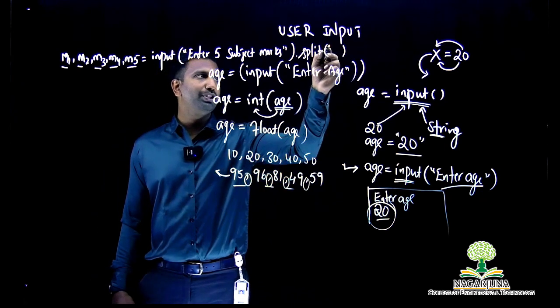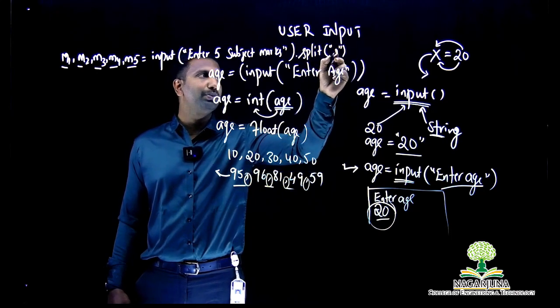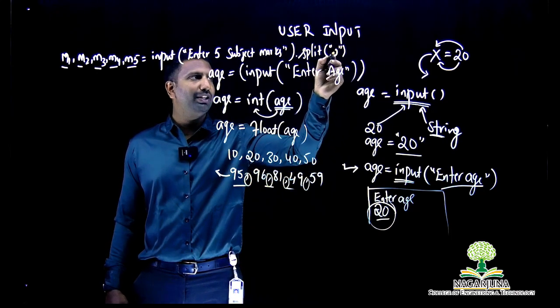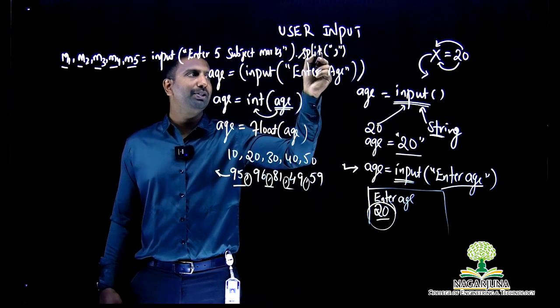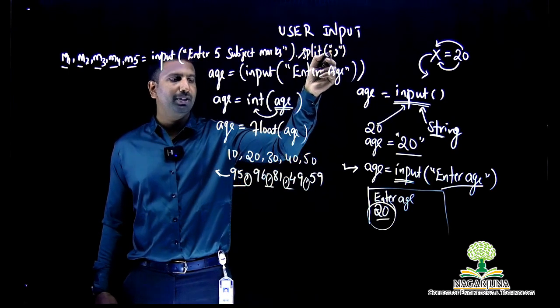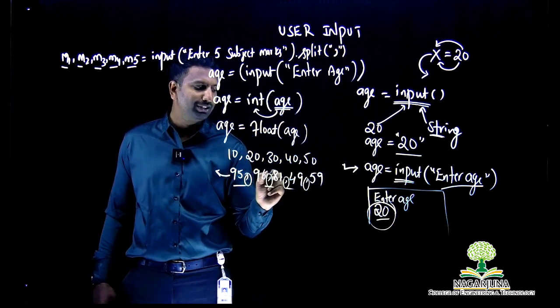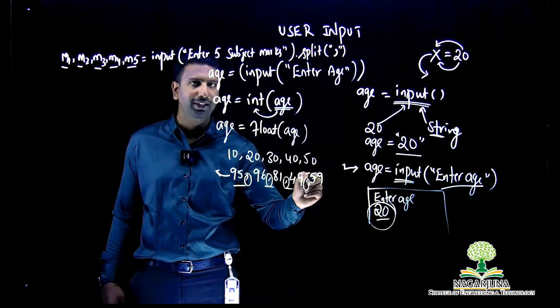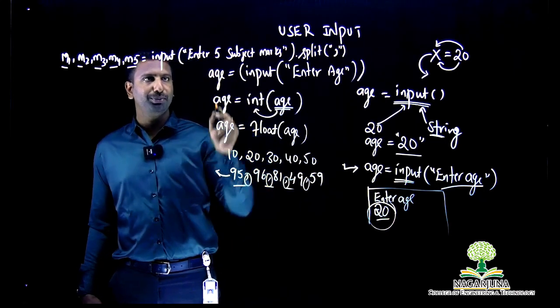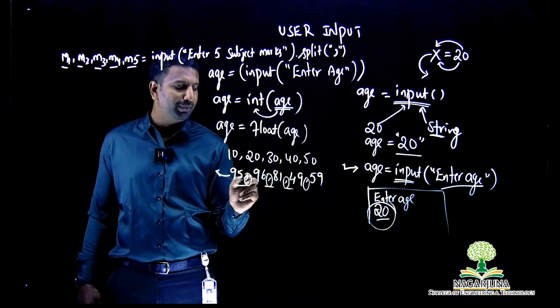For that, it takes a parameter of on what basis it has to be split. It has to be split on the basis of comma. So I'll be specifying comma as a parameter for this. If you are specifying the comma as a parameter for this, if your input is given in this way, 95, 96, 81, 49, 59, it reads this particular input from the user, okay, and it separates the first input, 95,